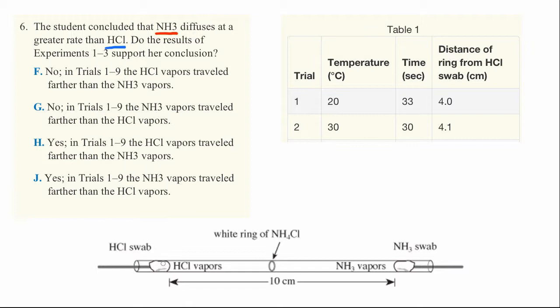We have these cotton swabs. We stuck them in a tube and we stick them in. They have vapors that come off of them, and the vapors are traveling down towards the center. And when the vapors of HCl meet the vapors of NH3 in the middle here, there's a white ring that represents a reaction, which shows where they met when they traveled